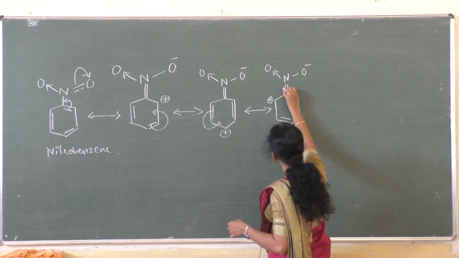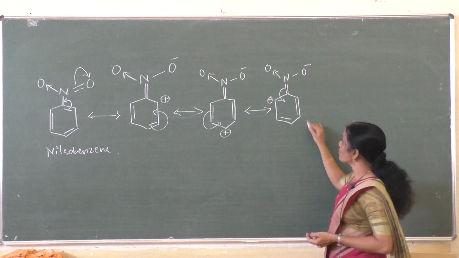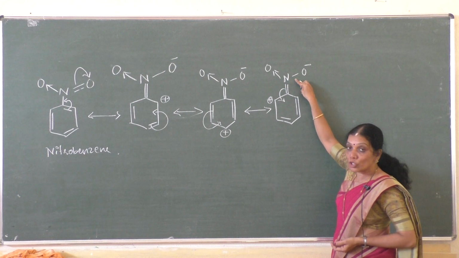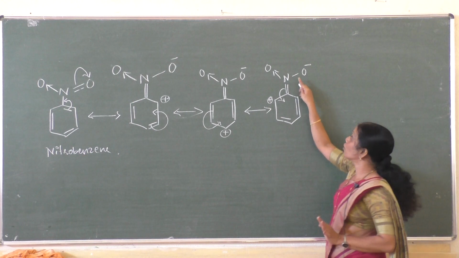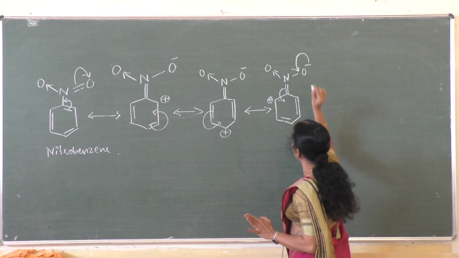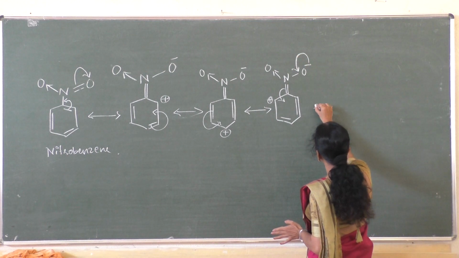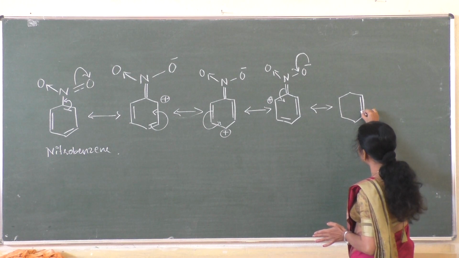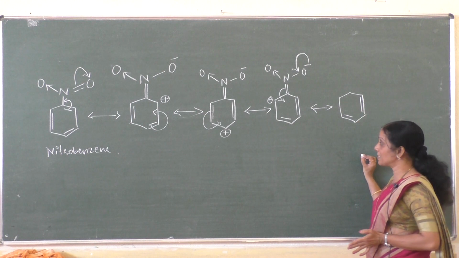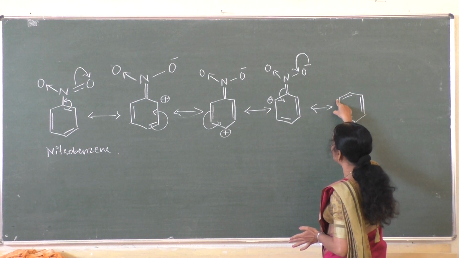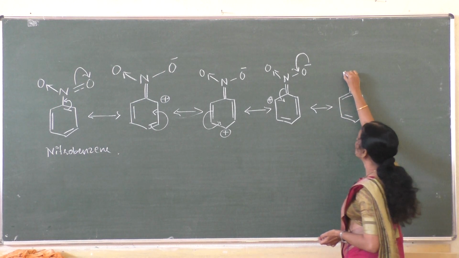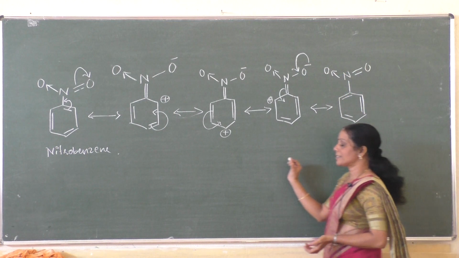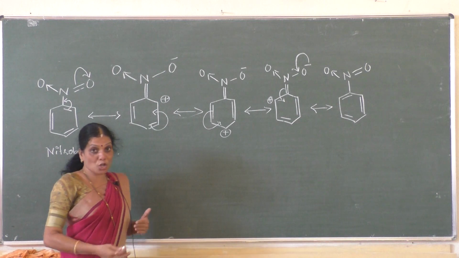Next resonance here, like this, the shift takes place. Once the double bond becomes a single bond, the covalency of the nitrogen reduces to 2. Always it should be 3 to reach the stable state. Therefore, again the shift of electrons takes place like this. We will get the last resonance structure of this complete cycle. This bond stays as such, the already present bond, a new bond is formed here, plus becomes neutral, the double bond becomes a single bond, N, coordination bond with the oxygen, the single bond becomes a double bond. See here, students, the process doesn't stop at this stage.